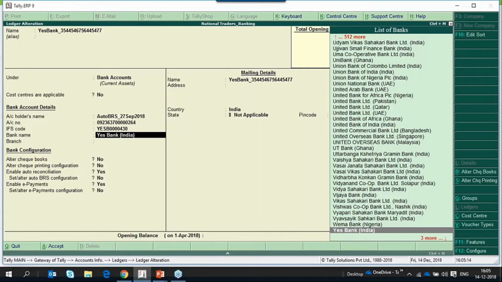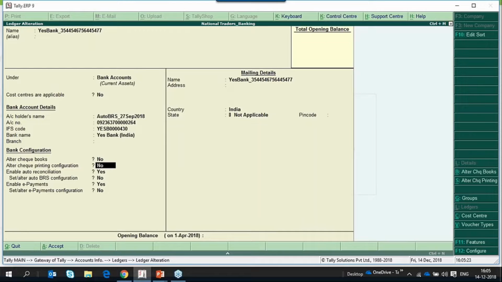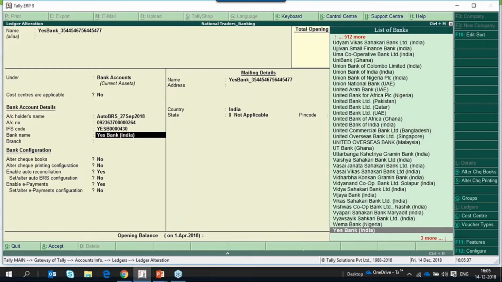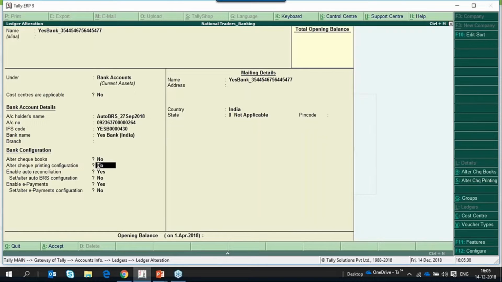So only when we select the bank name in the list, we will be able to download the predefined check formats and auto reconciliation configurations and e-payments for S Bank. So for S Bank we have supported e-payments. I'll come to this part later. So selection of bank ledger will help us download the latest check formats and the bank reconciliation configuration.